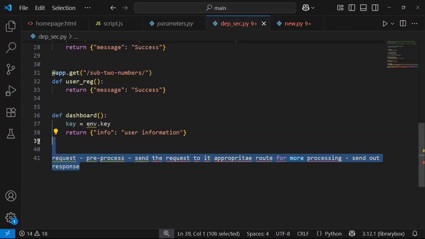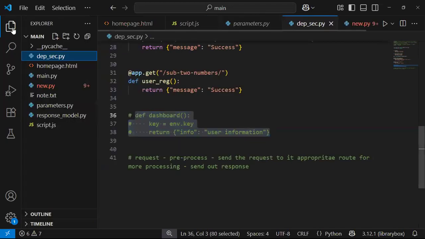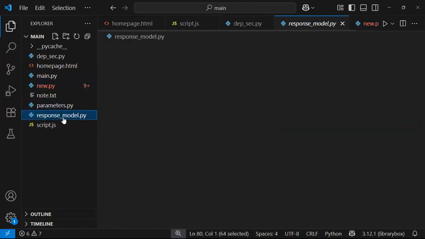All right. In the absence of any other question, let's proceed into security. We'll come back to this dashboard again because we still use that dashboard in view route, and do some explanation. So let's go back and see what's happening so far. If you look at all the source code that we've been writing from day one, from main to parameters to response model and all the stuff,